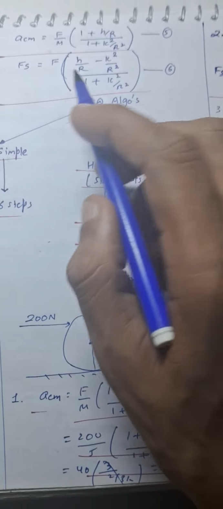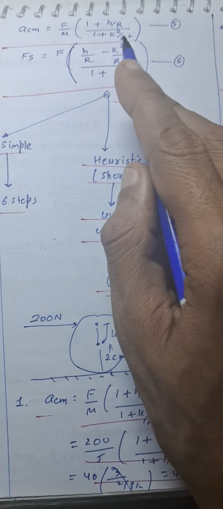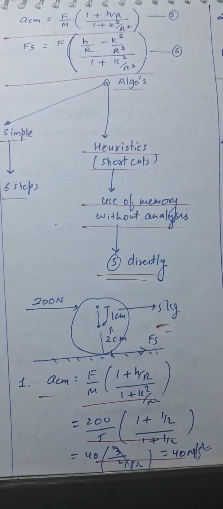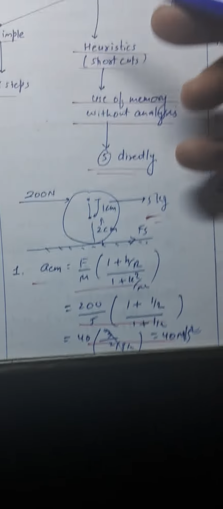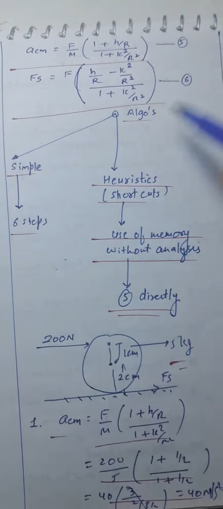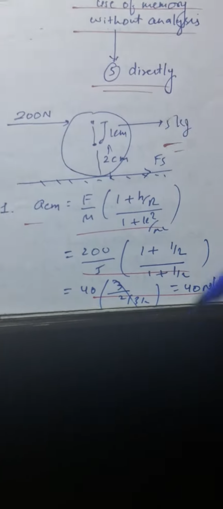So this is the translational equation, and using these four equations we conclude that the acceleration of the center of mass is this, and this is the friction involved over here. Now just apply this shortcut in solving this question. Suppose the force is